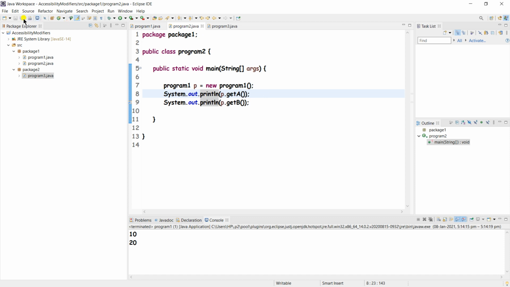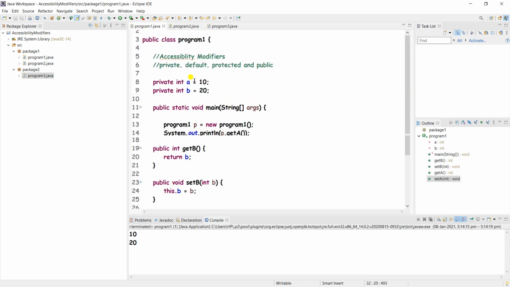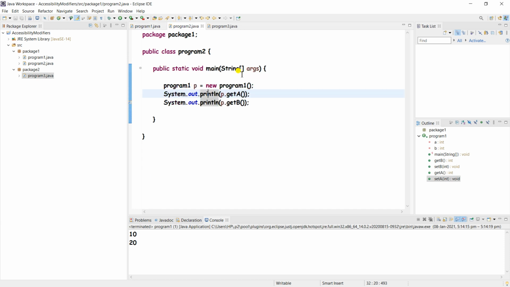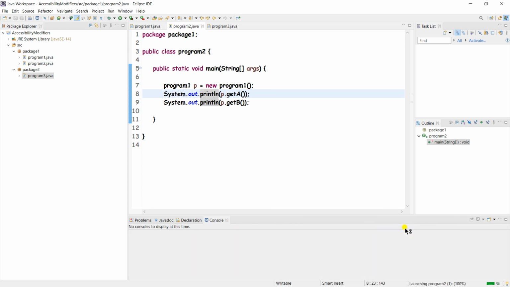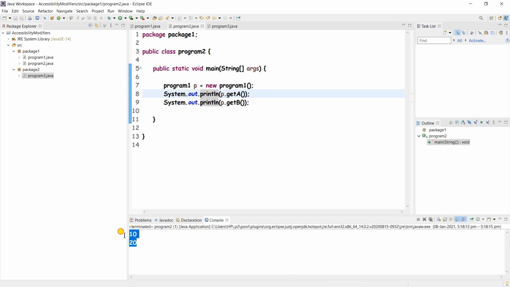So now we'll see whether these variables are accessible or not, okay. Run as Java application, and here we go. 10 and 20 output came, right? What is happening here is we have created one object, and we are calling get a.